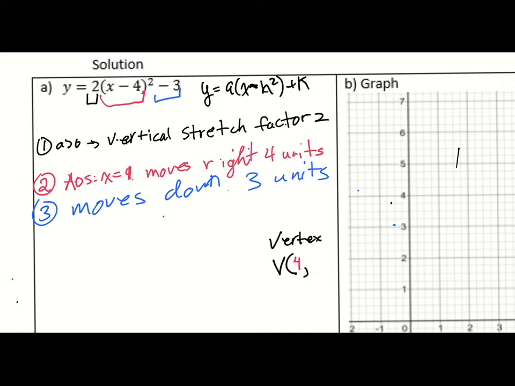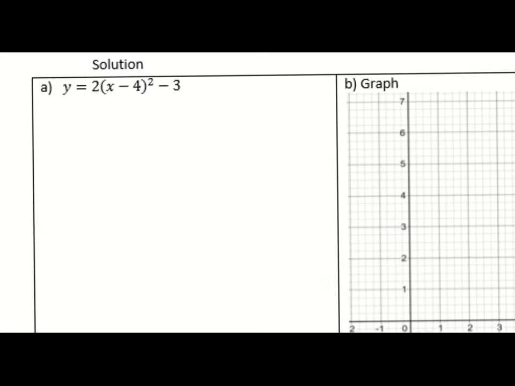And as for the second part of the vertex, in blue, the moving down 3 units gives us the second half of the vertex, which is the y value of the vertex. So now that I know that my vertex is (4, -3) because it's moved down 3 units,